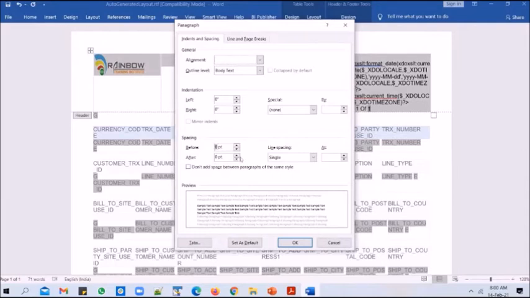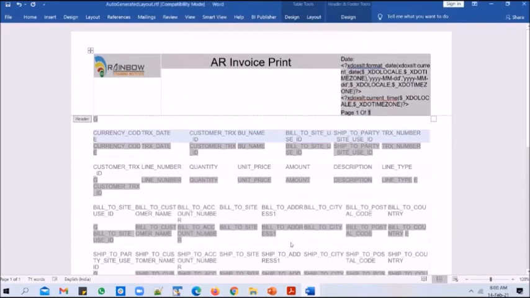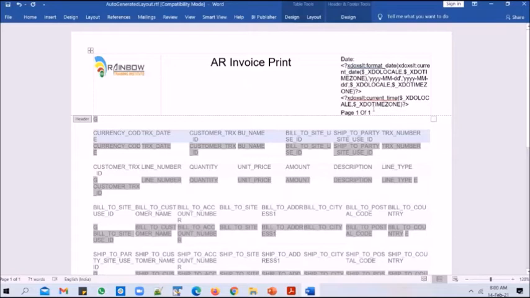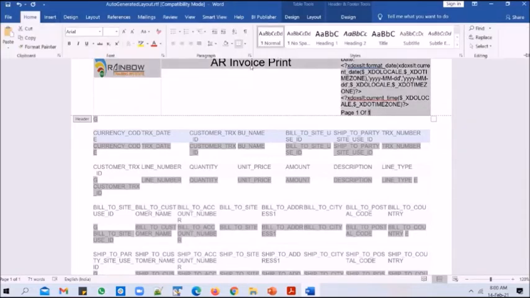So you can give 3-point space before the paragraph, and you click OK, and you will notice that a little bit of space gets added before the heading now. And you can also increase it if you want. You can probably make it 6 in case you think it makes sense.